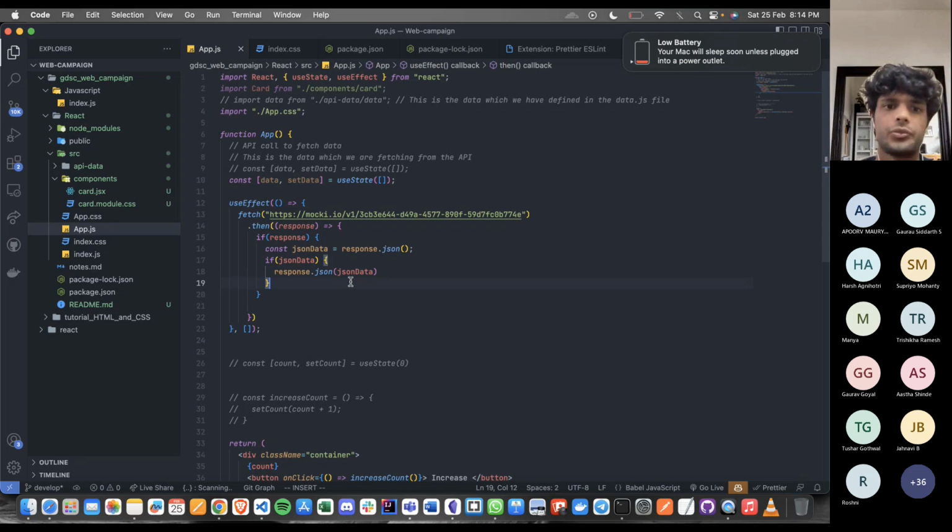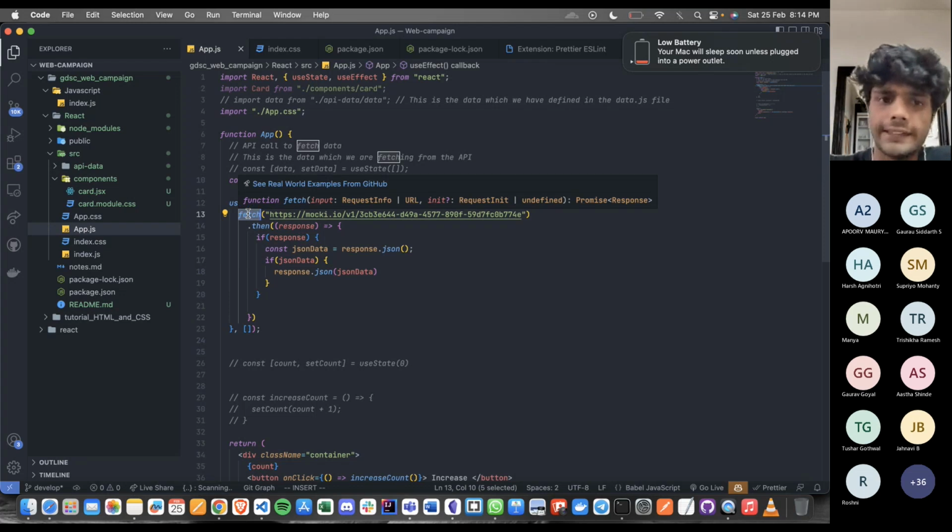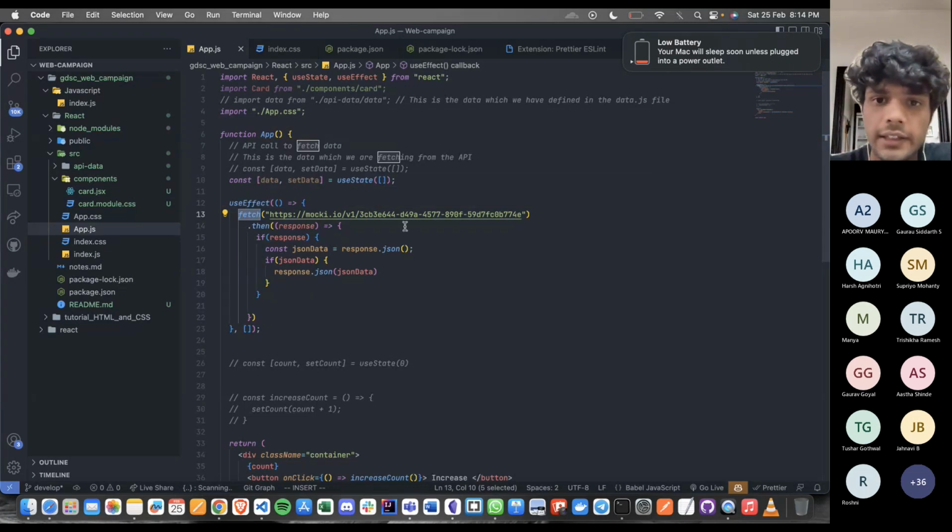Okay. Now, what I am doing here is taking the fetch. I'm fetching some data. It's saying whenever the data is fetched, whenever in the future, because JavaScript is an asynchronous language, we can do other things while we are fetching something. So we are fetching this data, and I'm taking that data into